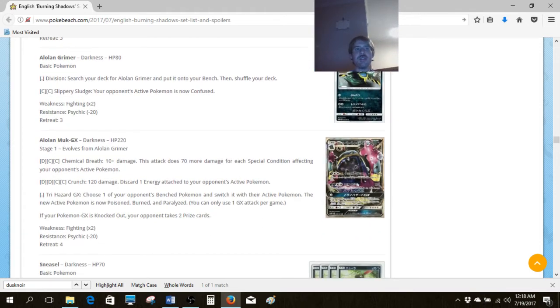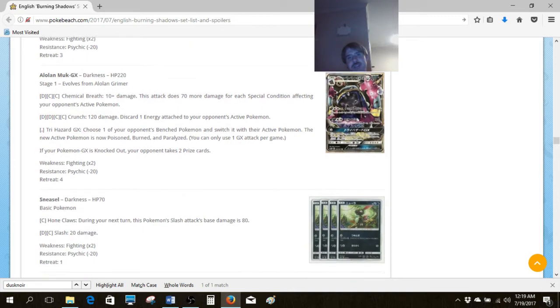Then we've got the Alolan Muk family. We've got Alolan Grimer. I think that this Alolan Grimer put in a vacuum is better than the one in Sun and Moon, because even though Poison can be pretty good, I think that searching out your deck for Alolan Grimer is better, because you want to be able to fill your bench on turn one if you can, if you don't have anything better to do when going second. Normally that would mean you have a pretty bad hand, but I think that push come to shove, I'd rather be able to use Division than I would really care about Poison, because we have tons of Poison opportunities